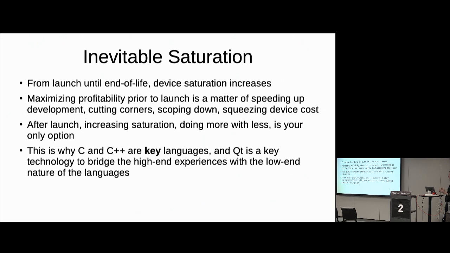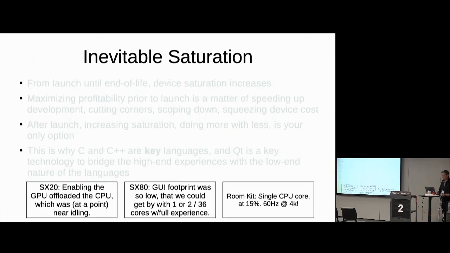And for us, Qt has been a big success. The SX20 that I showed in the beginning was launched in 2011, and we had it live and shipping until a couple of months ago. That's when we end-of-lifed it. End-of-life means we're going to be shipping software for 5 more years. It still has all of the features. Same with the SX80, and the same with the other platforms too. We're scaling down on a few things, of course, but the platform itself is quite lean.